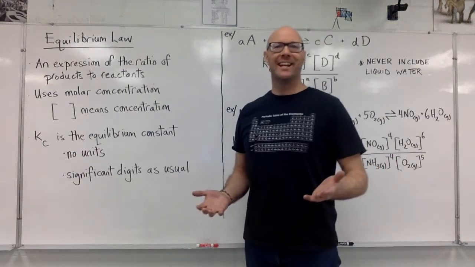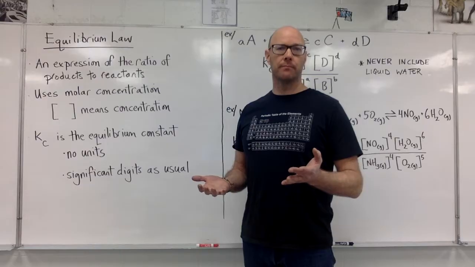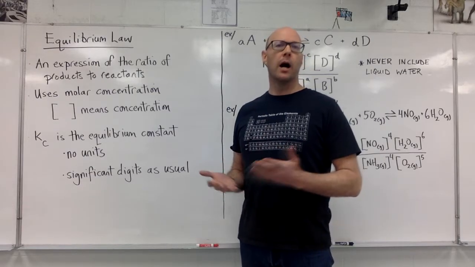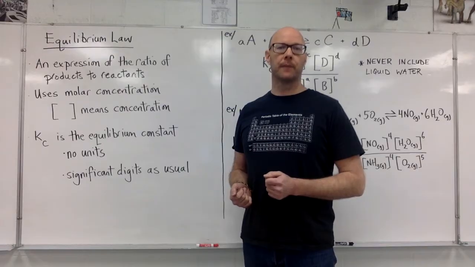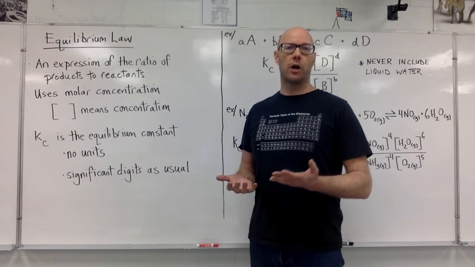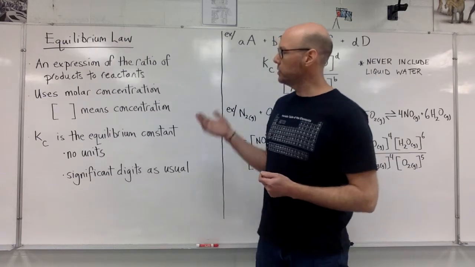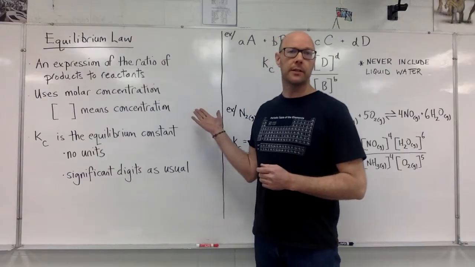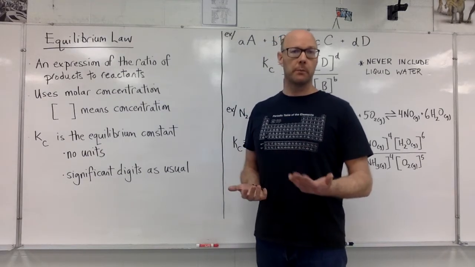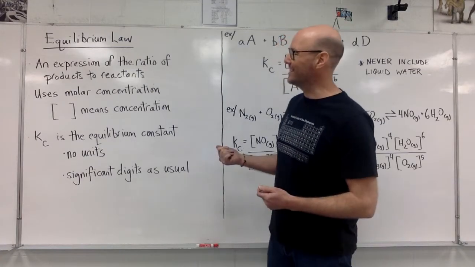Hi everyone. Today, the equilibrium law. This is a kind of calculation where we're going to be solving for a number that represents the ratio of products to reactants. The values that we're going to be inputting into our calculation are molar concentration, so values in moles per liter. We're going to see square brackets a lot of the time, and that's a way to indicate concentration. The number that we're going to be solving for using the equilibrium law is called Kc, which is